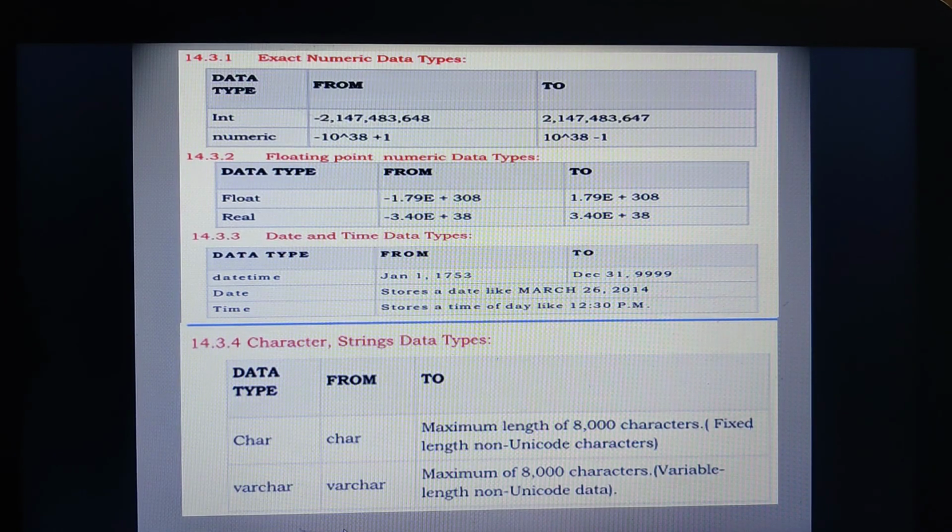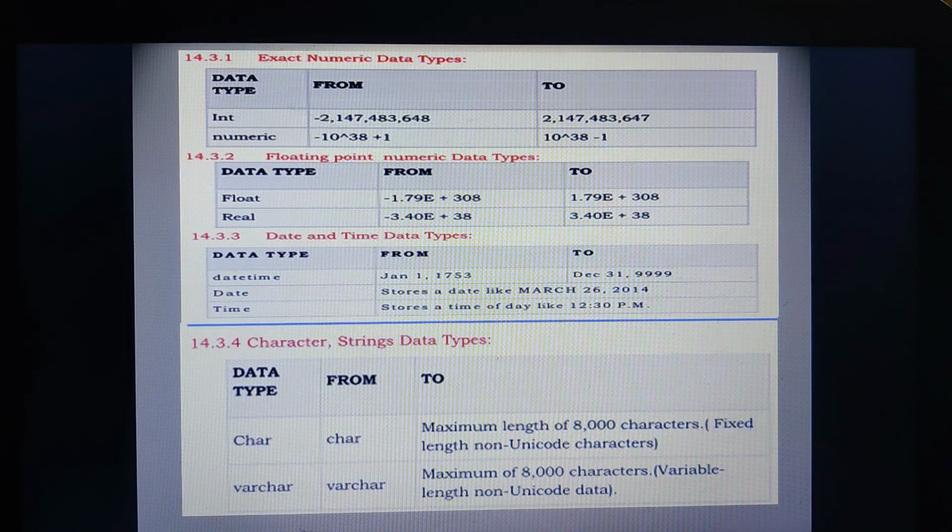Whereas in case of variable length, if I give varchar(25), it depends upon what amount of data you are giving, suppose Maya, Ramesh, Rahul. Only that many bytes will be stored and the rest will be discarded.